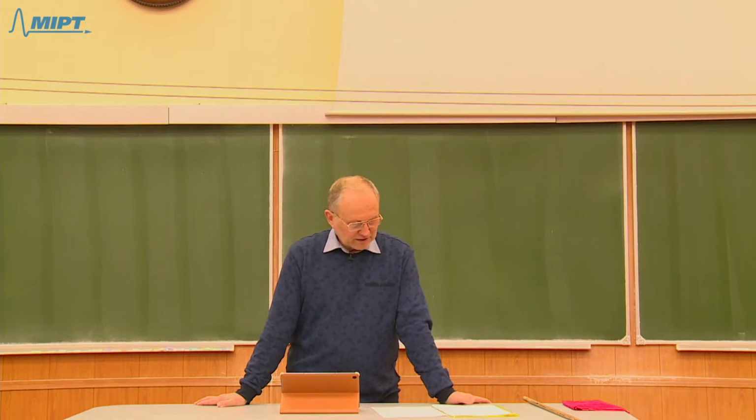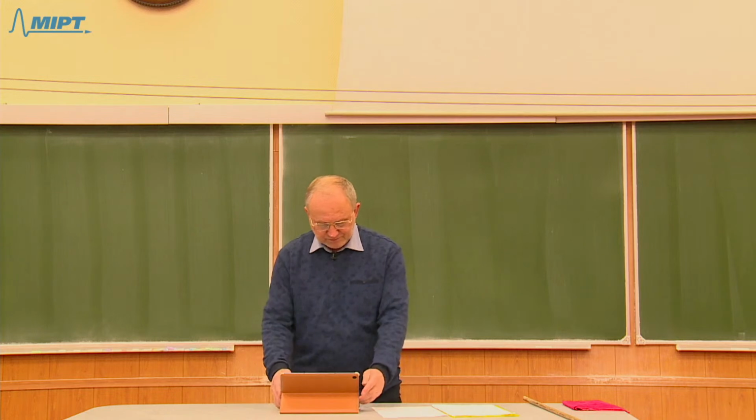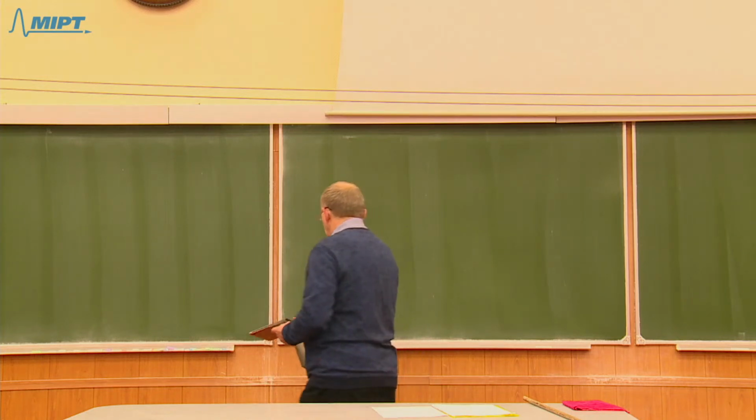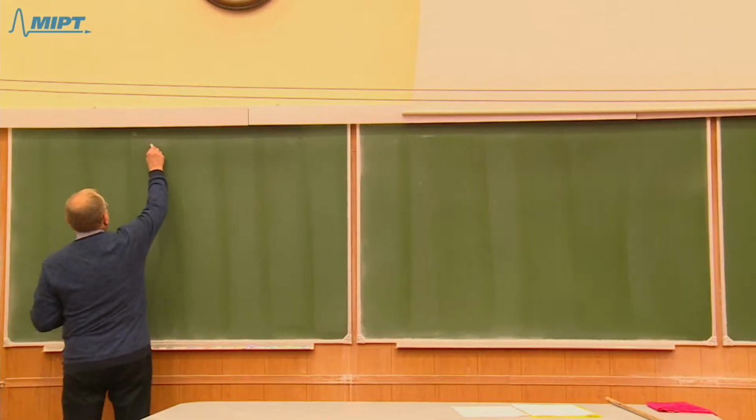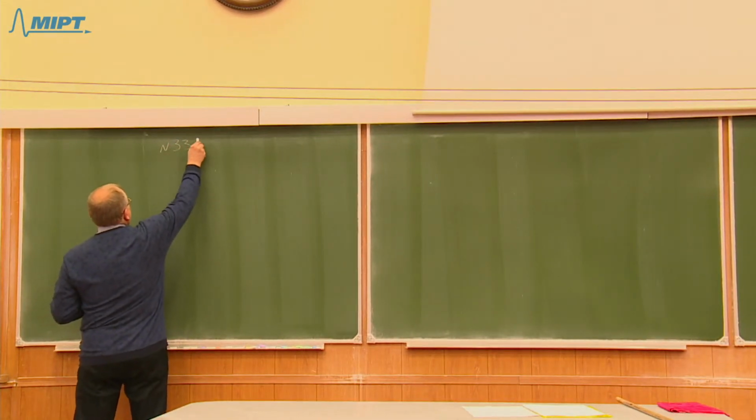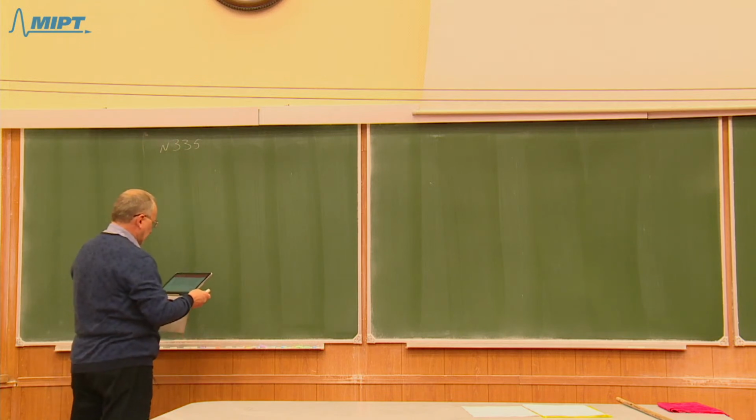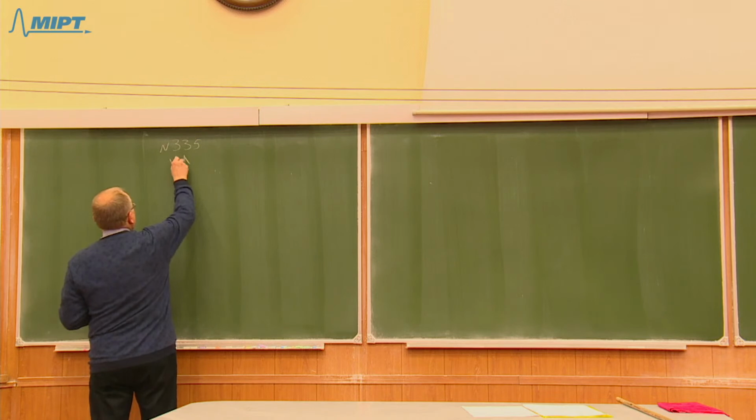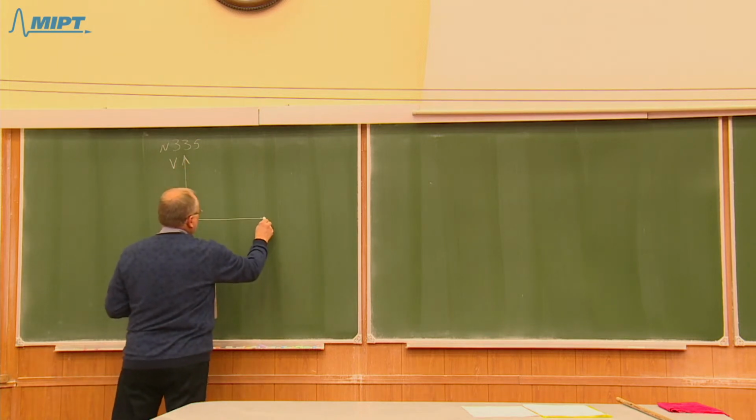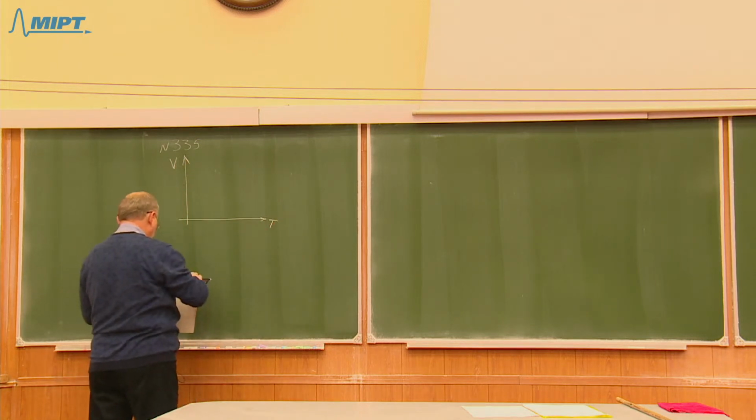Last time we started discussing problem number 335, and I will finish this problem today. Number 335 says: a cyclic process depicted on a volume-temperature diagram,